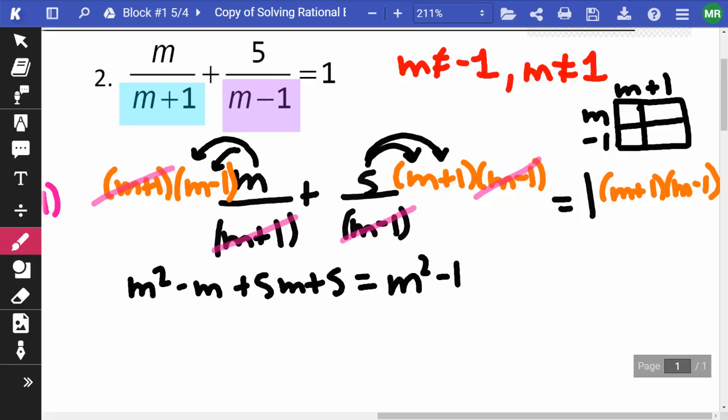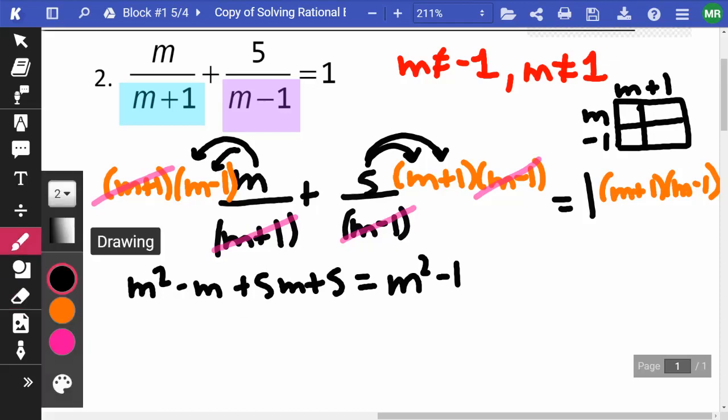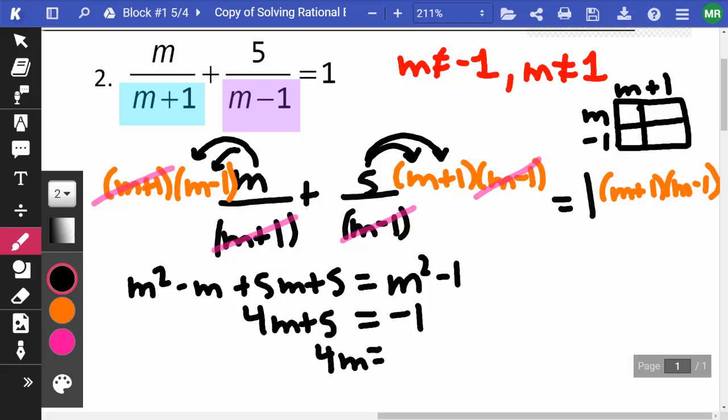So now I'm going to minus m squared from both sides. I get negative, and let me clean up some like terms here. So I'm going to have a 4m plus 5. And again, I have an m squared on both sides that are going to cancel out, and I get negative 1. And I'm going to minus 5. So I'm going to get 4m is equal to negative 6. Divide by 4, and I get m is equal to negative 6 over 4,